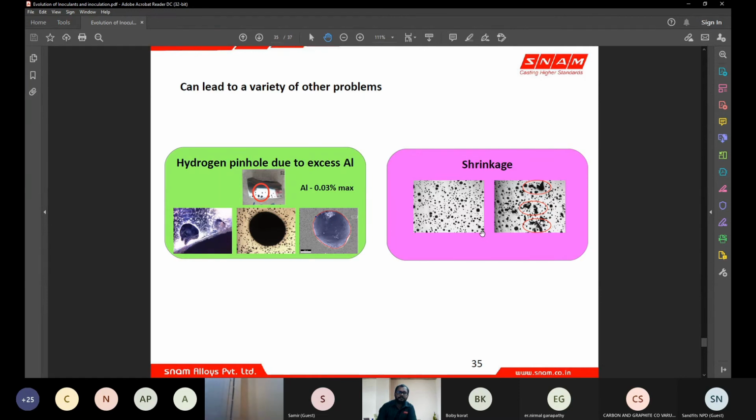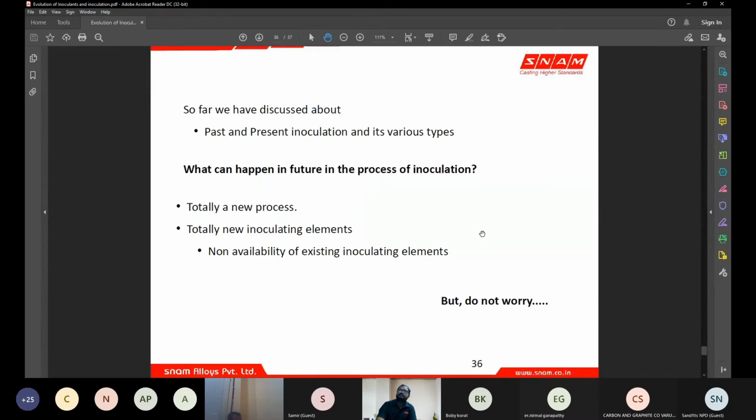Graphite precipitation should be to the level that the expansion produced by graphite equals the contraction produced during solidification. When the expansion is more than required, it starts working in the reverse way. So it can again give shrinkage in some other areas, which is not expected. So expansion and contraction have to meet. If they are not at the same level, it gives a negative effect and will lead to shrinkage also.